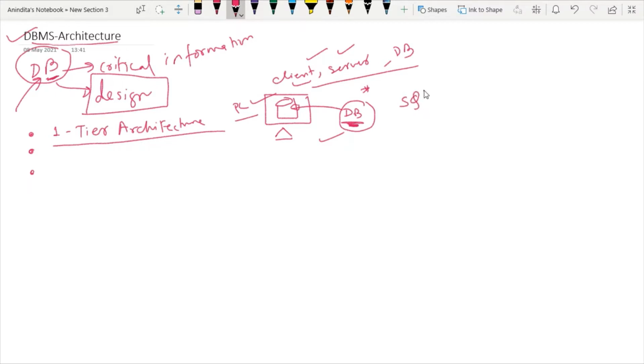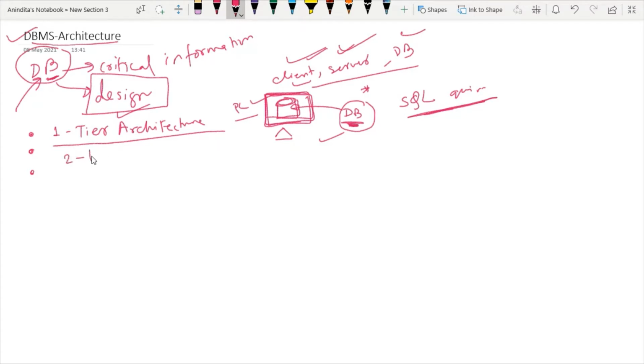In practice, we install a database on our personal PC so that we can explore SQL queries. Here you have to remember one point: whenever college students access a database by installing database management system software to perform SQL queries on their own personal PC, it acts like a one tier architecture, as we have no subdivision in a single PC. We have the client, the server, and the database also.